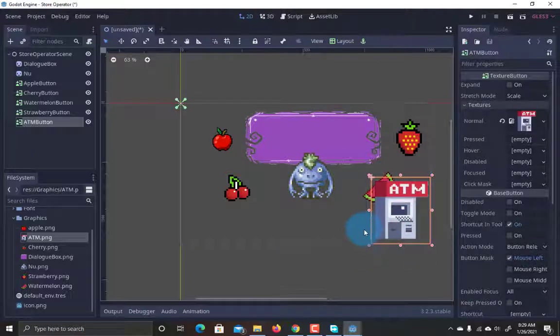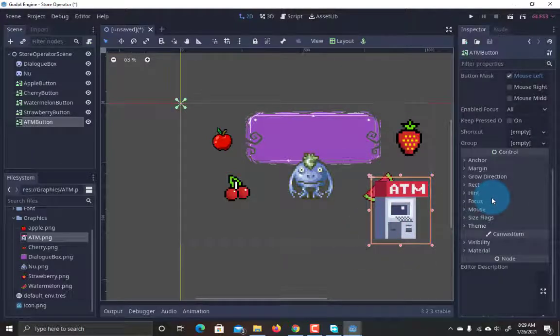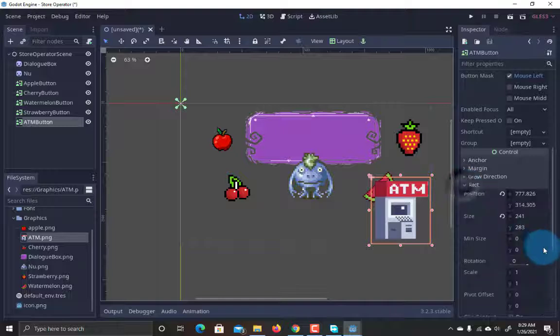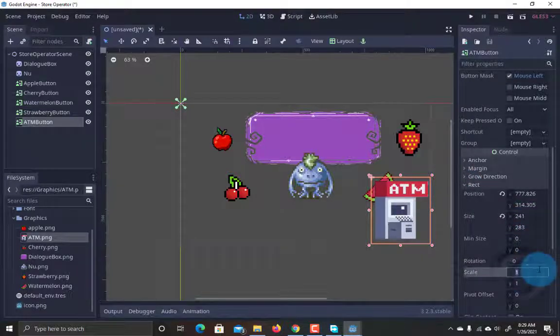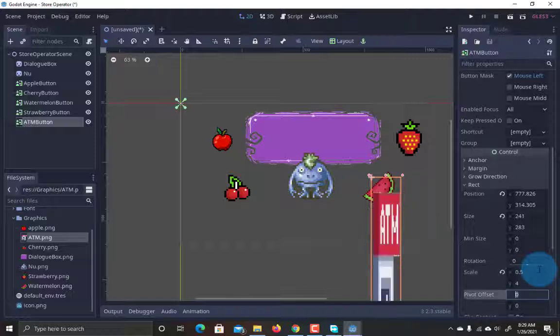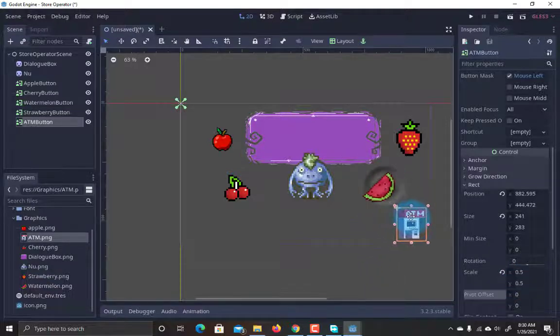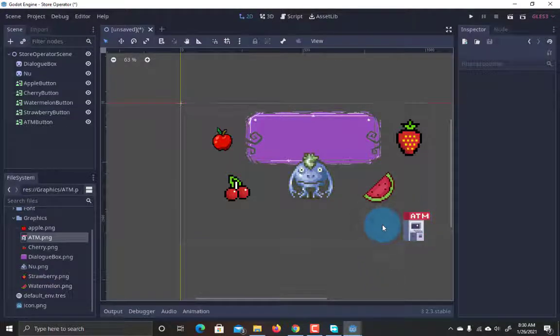So this is a great example to resize it. We're going to scroll down, go to rect, and resize it. Put this to 50% its size, 0.5, 0.5, oops, that's 40, 0.5, great, place it right there. All right, now we have the scene here. Now, we are going to be placing a couple of